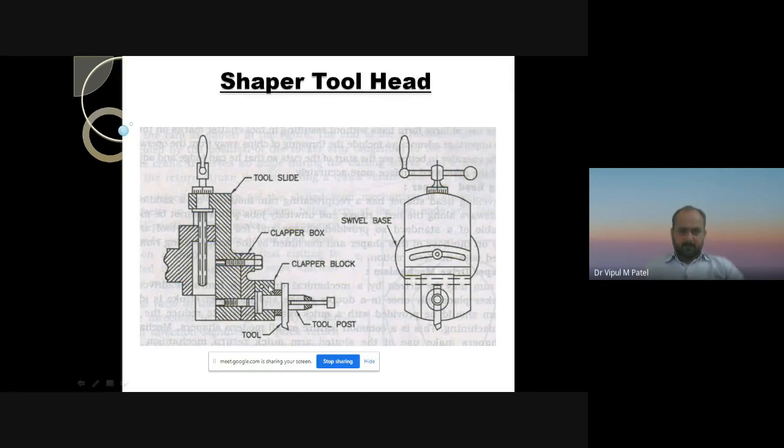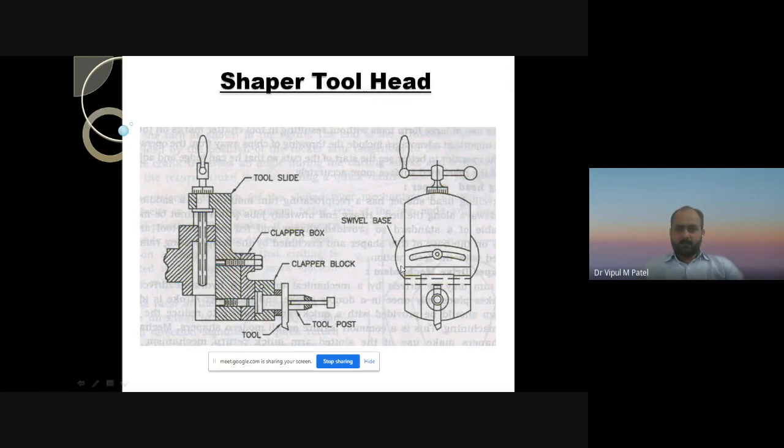This one is a clapper block, this one is a tool post, and this one is a cutting tool, the single point cutting tool that we can easily hold with the use of the tool head. And with the use of this clapper box, we can easily tilt the single point cutting tool, right? This mechanism is also important for the idle stroke, and we can easily decrease the time period of the machining operations with the use of this mechanism, right?